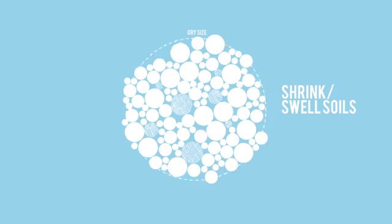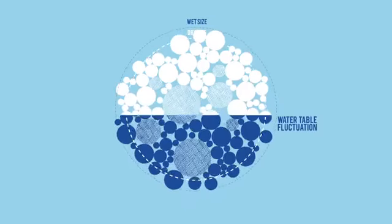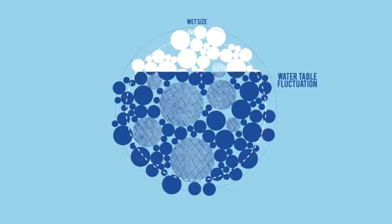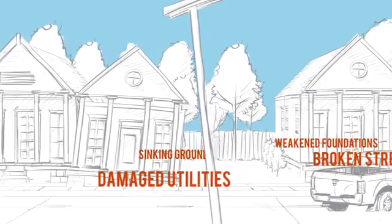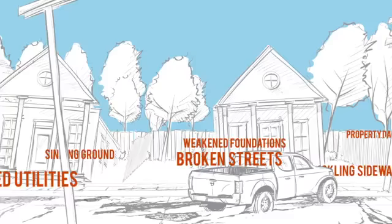Shrink swell soils are common to New Orleans and contain high amounts of clay, and this clay expands and contracts depending on the moisture levels in the ground. When we drain stormwater as fast as possible, we don't allow water to infiltrate the ground, and this leads to compacted soils and sinking, or subsidence of the land above. Subsidence results in broken streets and sidewalks, downed utilities, and weakened foundations, all of which are costly to repair for